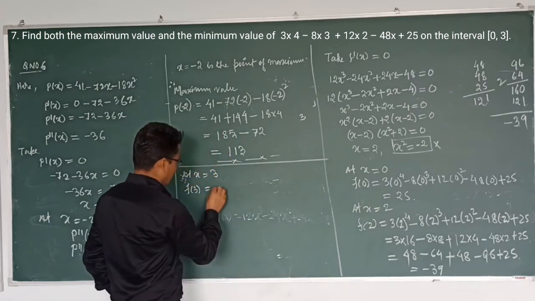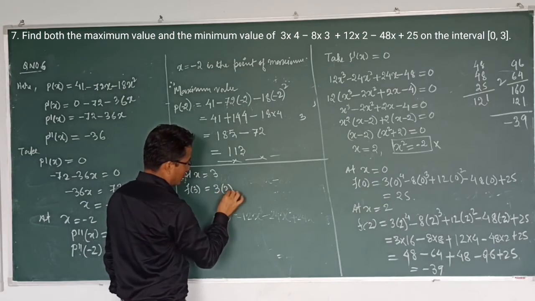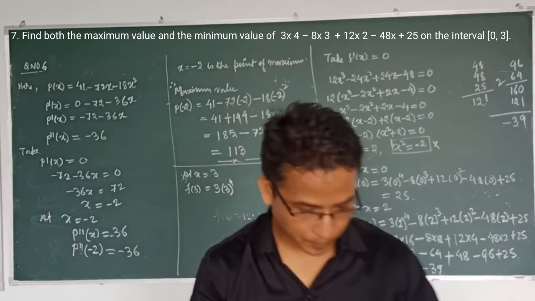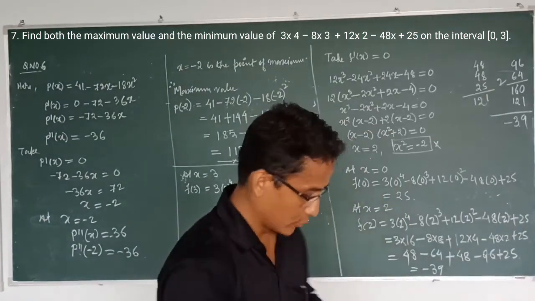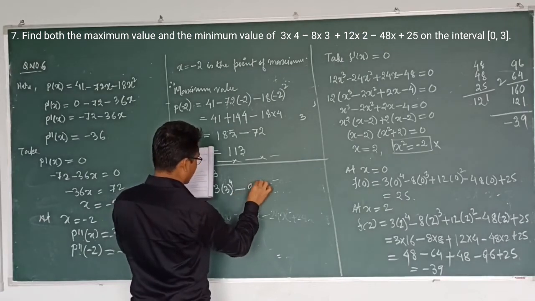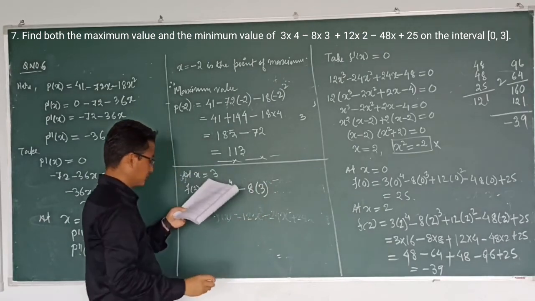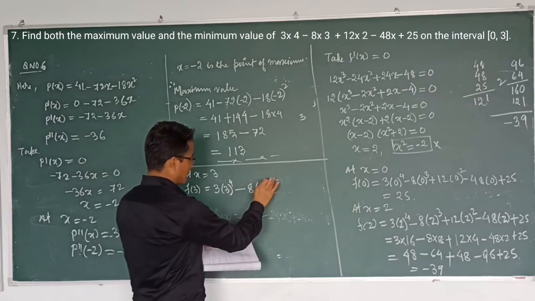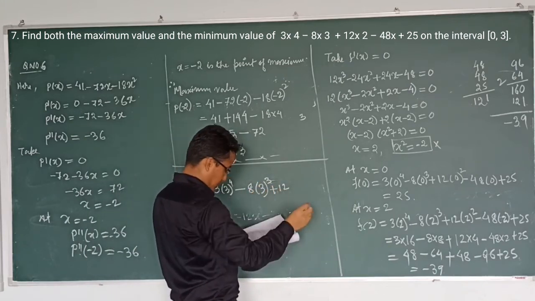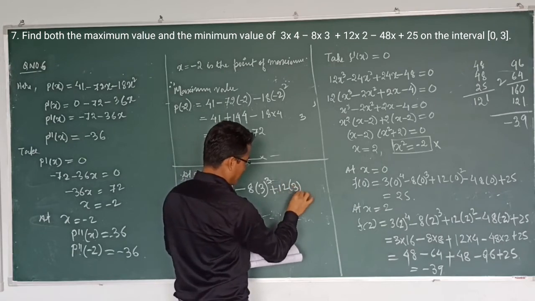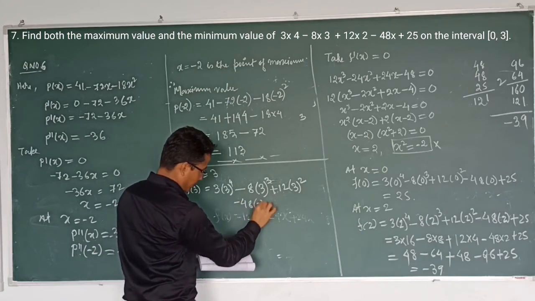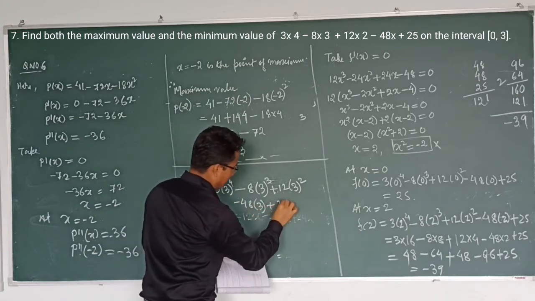This 3 to the power 4, no? 3 to the power 4, after that minus 8, 3 to the power 3, then plus 12, 3 to the power 2, then minus 48, 3 plus 25. Okay,